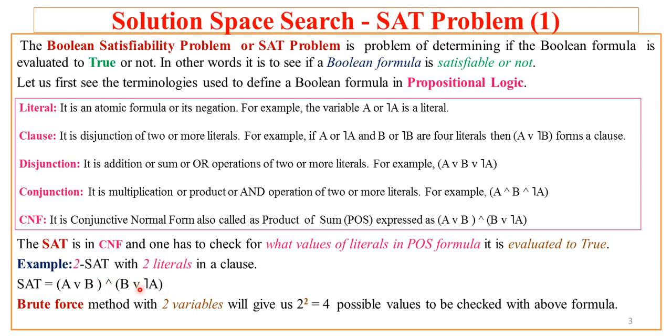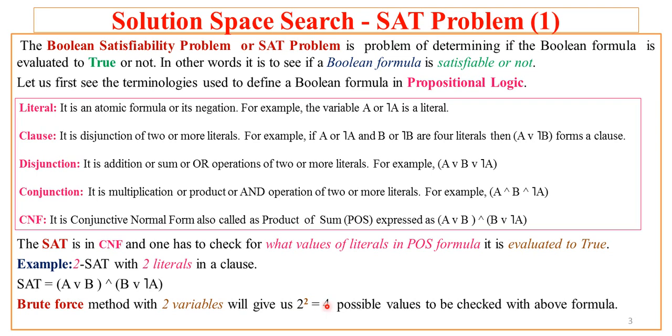So this way 2-SAT is formed. What if we want to test for what value of a and b this formula evaluates to true? Then we can use a method called the brute force method. For example, if you have a and b as the literals, then we can have a, b, negation of a, negation of b. So if we have two variables, then there are 2 raised to power 2, that is 4, possible values of those